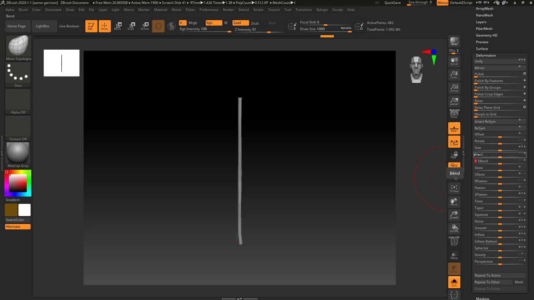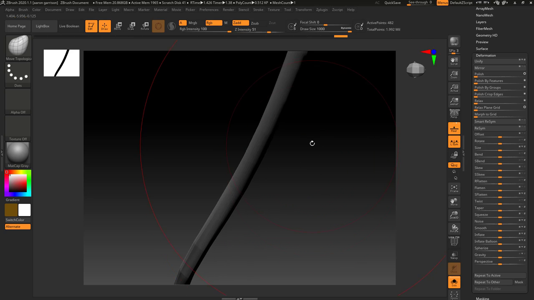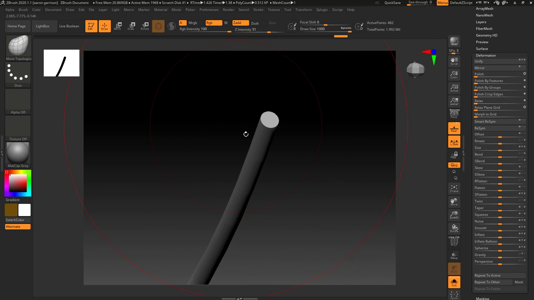I think maybe at 1. So I'm just going to type in that field 1. And I just want a little bit of a bend to this. I just don't want it to look like a perfect flower. Okay, so here at the top, what we're going to do is add in that little bit of a